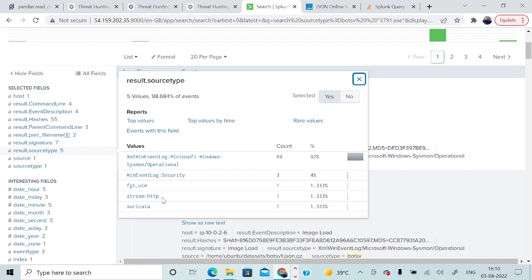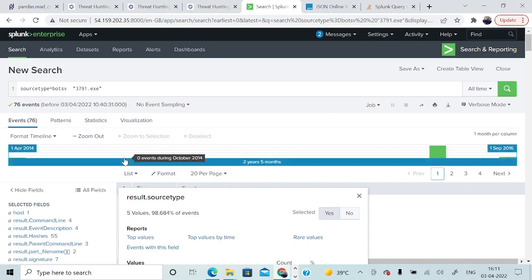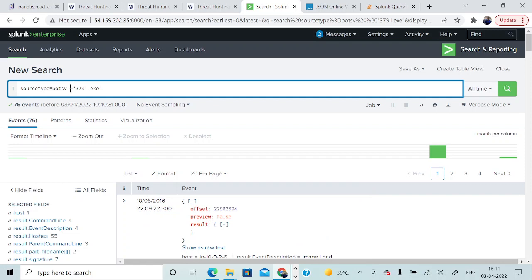Apart from that, you have some information captured in your sysmon logs as well, right? Sysmon logs is one of the data sources where you can find the hash of the file in question as of now. So let me make a note of this source type. I'm going to use source type is equal to